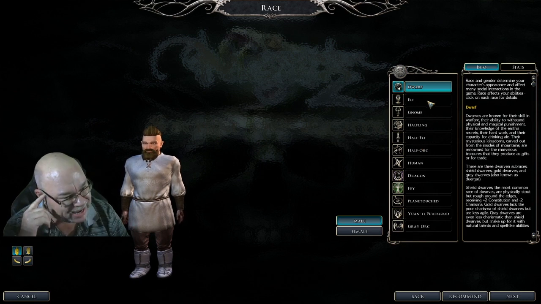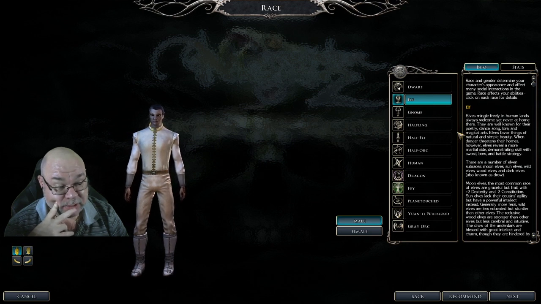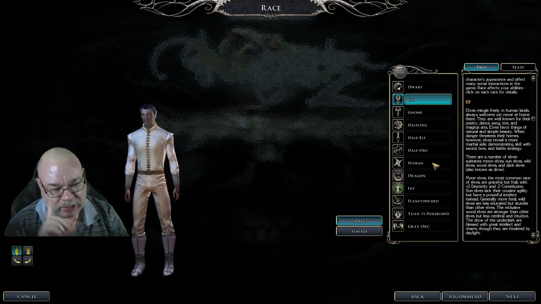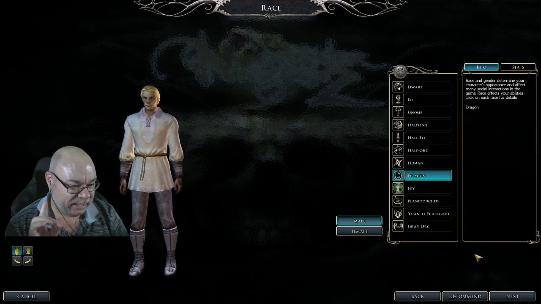I was actually thinking about using an elf for this build. And at a certain point when I get through the build, I might change my mind and go for an elf. I'm going to pick a human so that I can get... Actually, what...